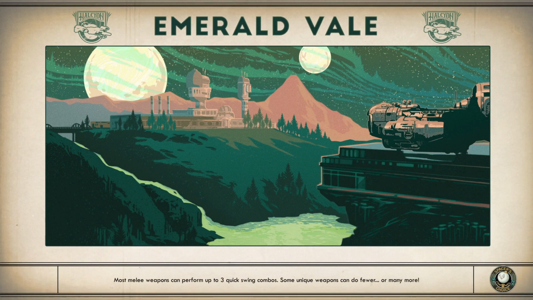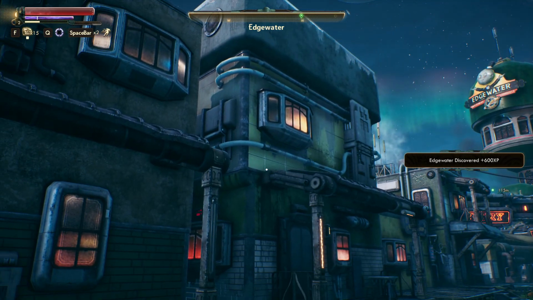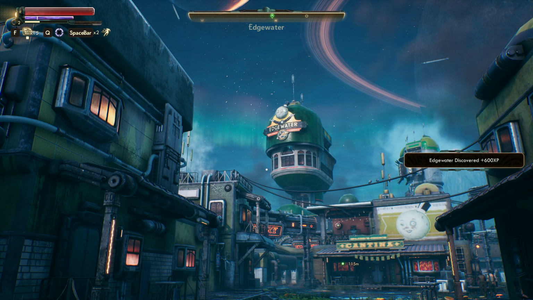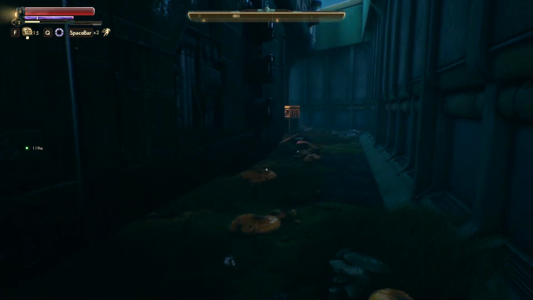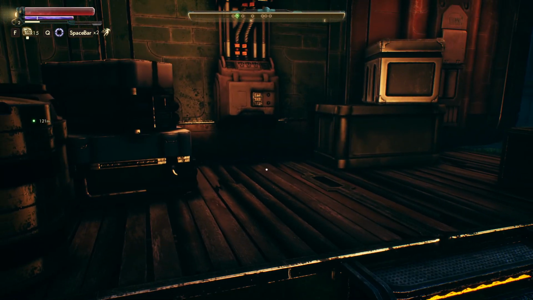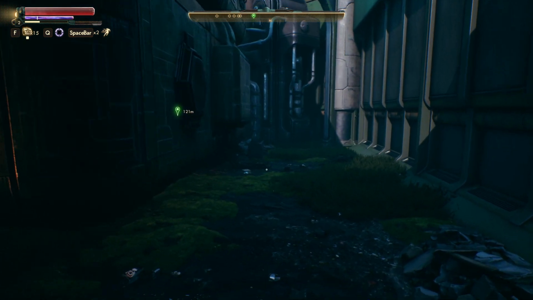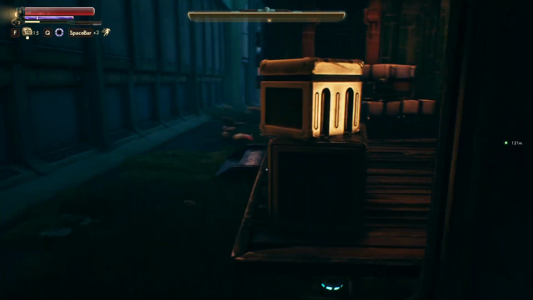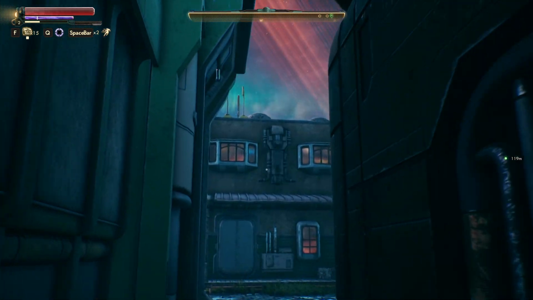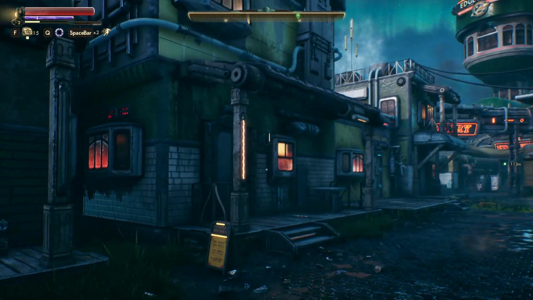I'm so excited, my first town. I like the moving sign. It's kind of cool. Anything down here? Trash. Trash is down here. Oh, it's like a little back alleyway. Okay, I got it. That's cool. I kind of...